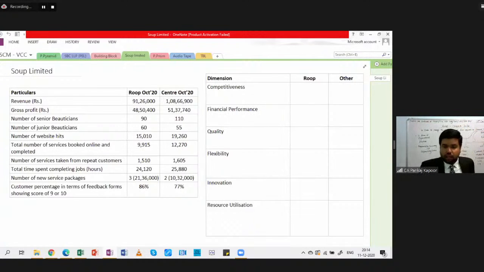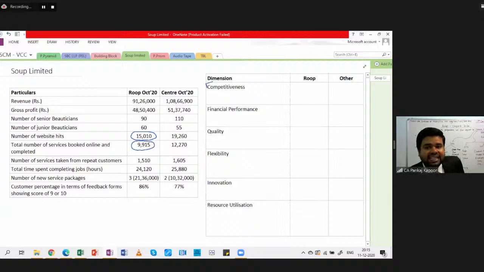Now the first thing, competitiveness, I wish to check. How will I check my competitiveness against my counterparts? Based upon the conversion. How many possible customers can I have who searched: 15,010. But how many customers or orders do I actually get? I get only 9915 orders, whereas the rest of the center can get how many customers or orders? 19,260. But how many orders do they actually get? They only get orders equivalent to